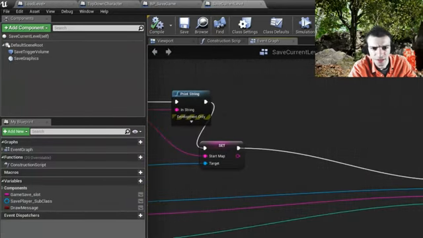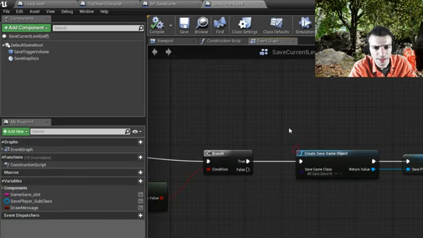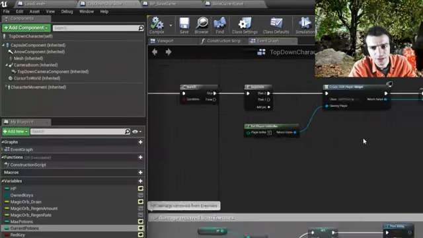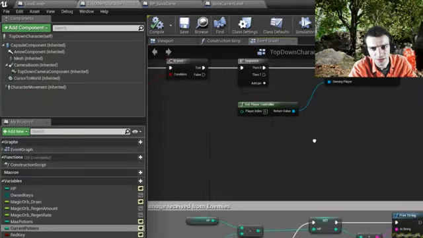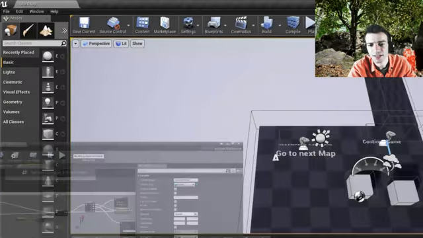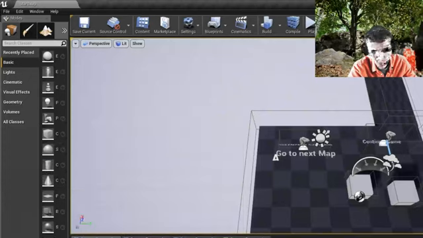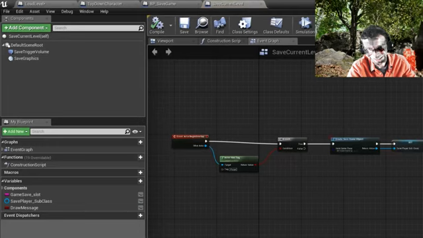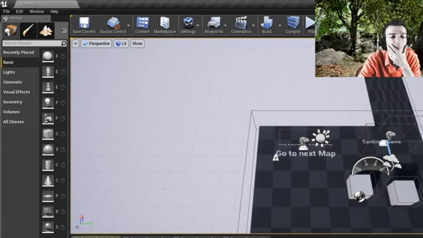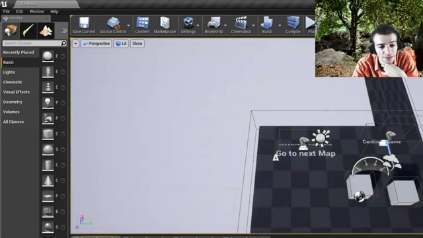Let's see how I did it here. I didn't even care about it, of course. Of course I didn't. Because, oh, but I did it in the health. I did it in the health potions. I'm not a programmer at heart. So in the health potions, which is somewhere here,